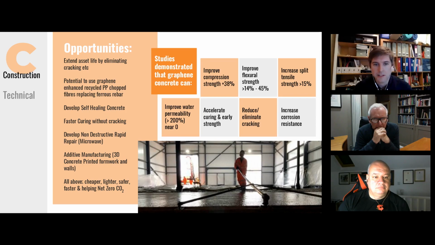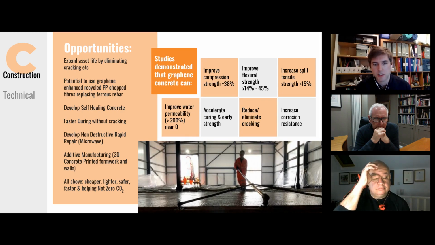One of the key factors in construction is obviously the use of steel reinforcement, the additives and coatings that are further applied to reduce things like water permeability. And so by adding graphene, we can try to remove some of these additional coatings. We can try to remove some of the additional reinforcement. And that's really stemmed from graphene not only changing the mechanicals, but also changing the thermal properties of the concrete.